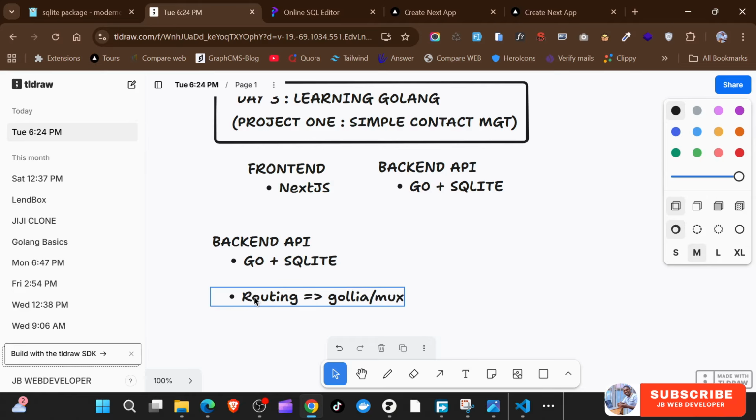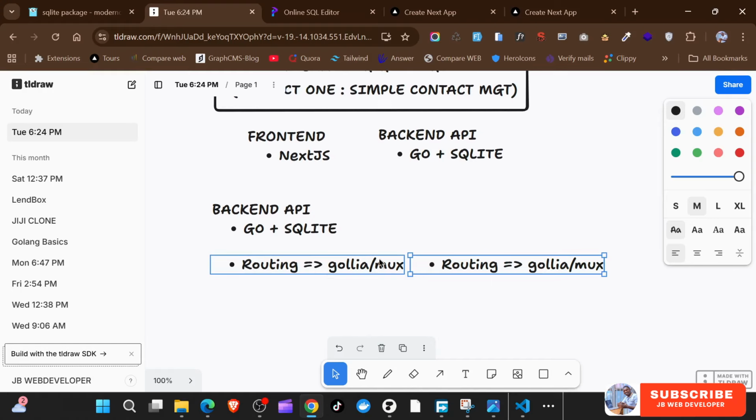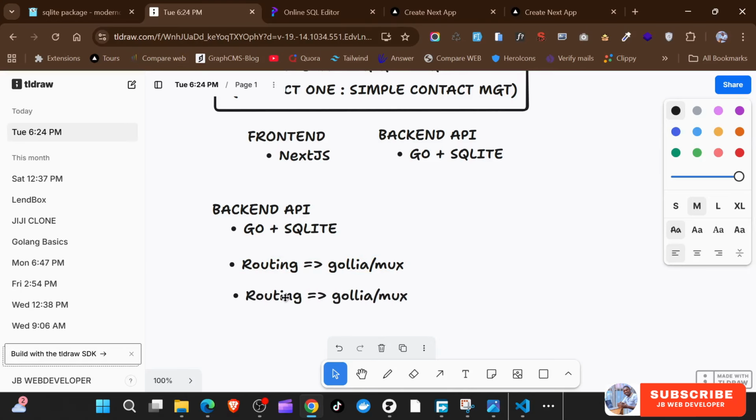And yeah, so this is going to work on routing, creating routes, and also extracting params and everything. Then another one, let's say for hot reloading, we're going to use compile daemon. So this is going to be, let me enter into this one. So just going to say hot reloading. We're just going to use compile daemon,